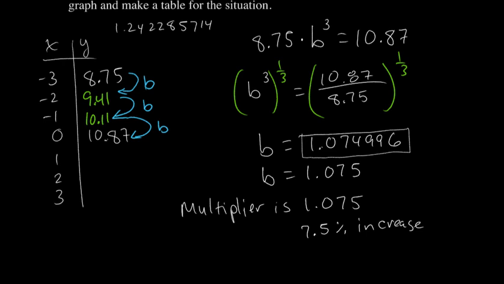So at year 1, I'm going to take the $10.87, which was year 0, and I'm going to multiply that by my multiplier, which is 1.075. And I get $11.68. No, it rounds to 69. $11.69. And I'm going to take that number and I'm going to multiply that by my multiplier on the calculator